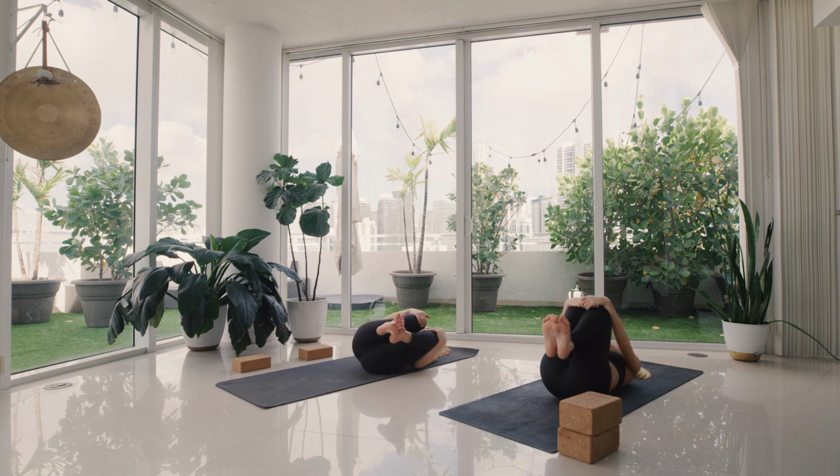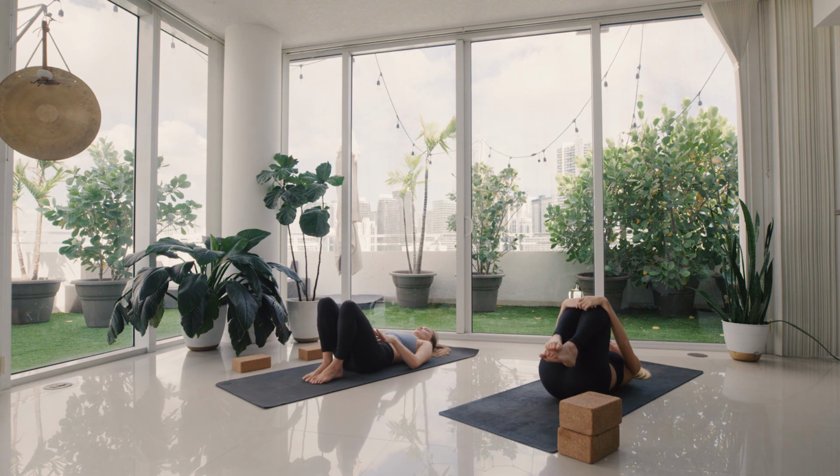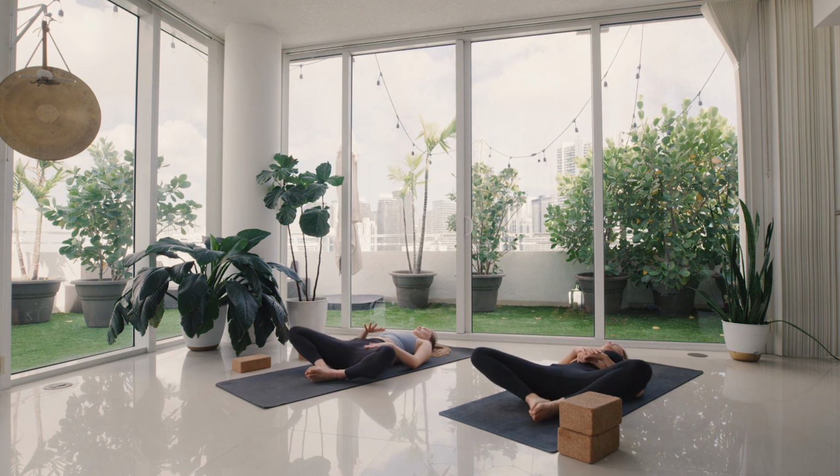Up just like we started. Okay, so bring your feet down onto the floor, bringing the feet to touch, and then allow the knees to fall out nice and wide, Supta Baddha Konasana. Okay, right hand on the belly,